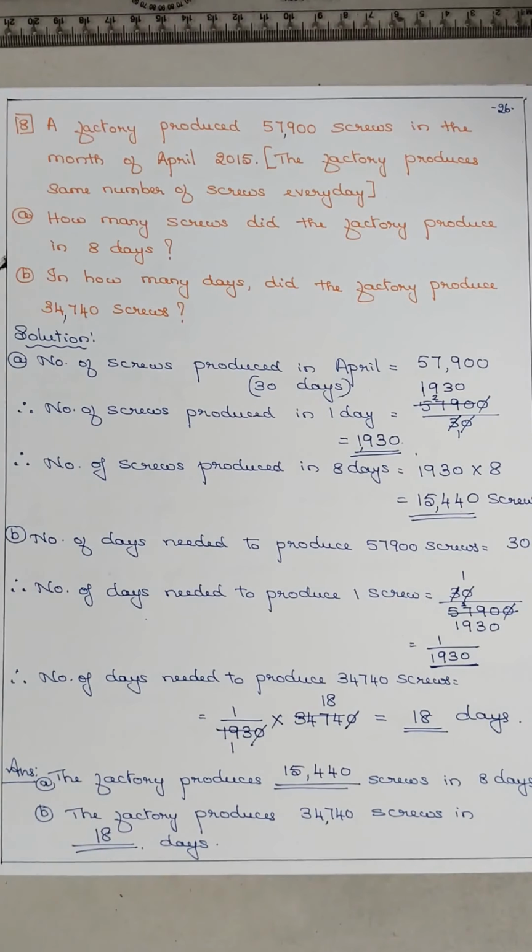Hope you understood all the sums of worksheet 3. So we have completed the lesson. First worksheet on ratio, second worksheet on proportion, and third worksheet on unitary method. In unitary method, the first sums are easy, but the last 3 sums are important. So in the second subdivision, B division question, you have to reverse the order of the statement and find out. Please practice these sums 2 or 3 times, then it will be easy.